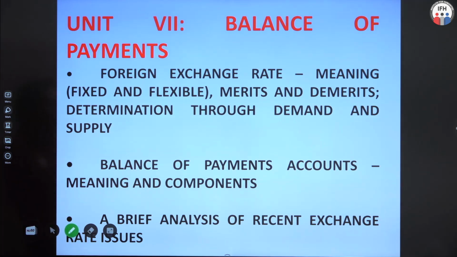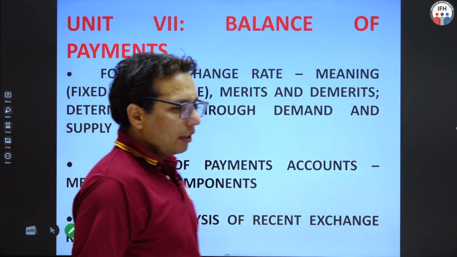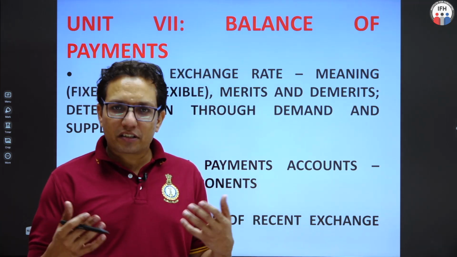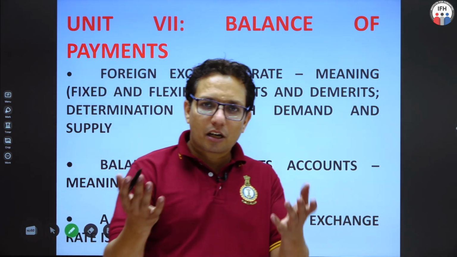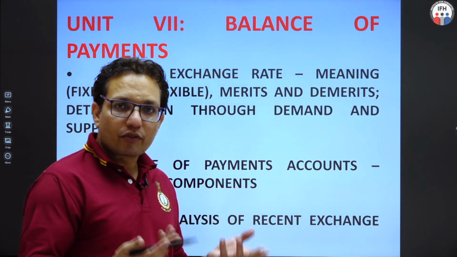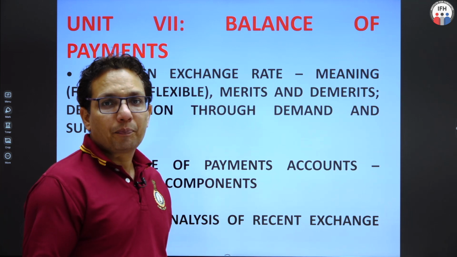Next chapter will be about balance of payments. In this chapter of balance of payments, we will discuss what is balance of payments, what is current account, what is capital account, components of current account like balance of trade, balance of services, net transferable income, net factor income,